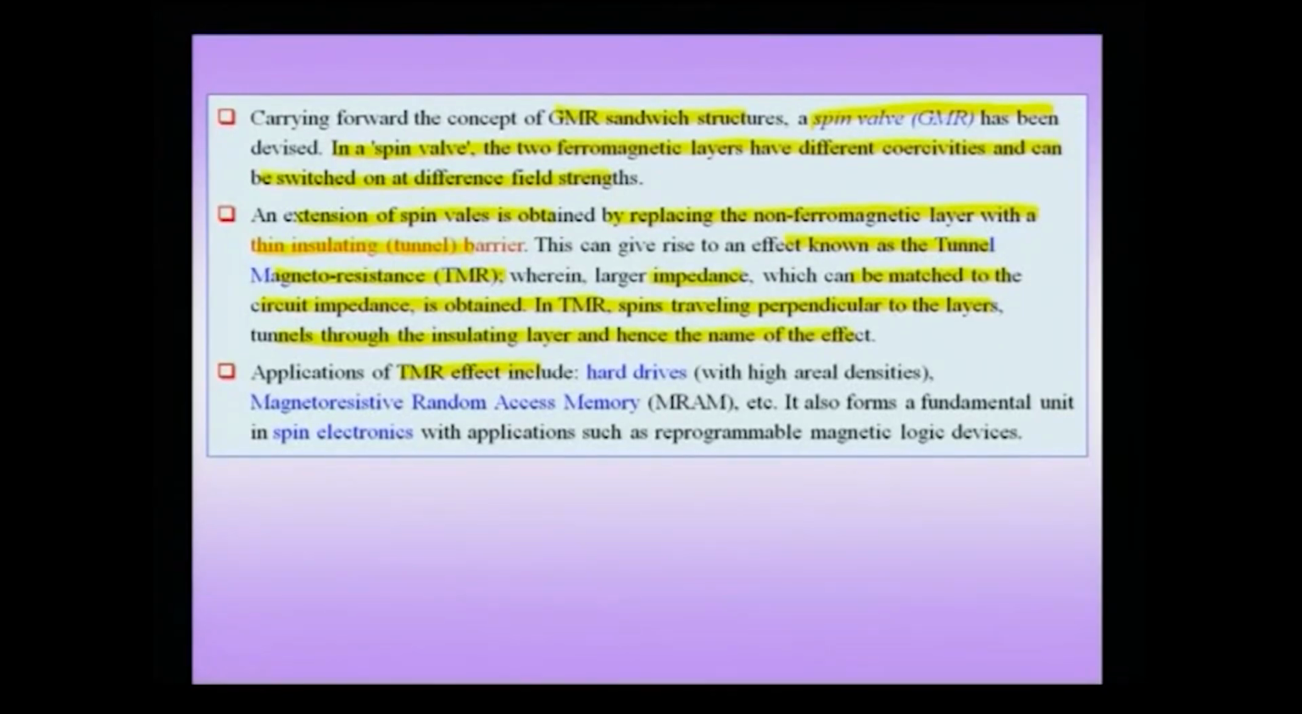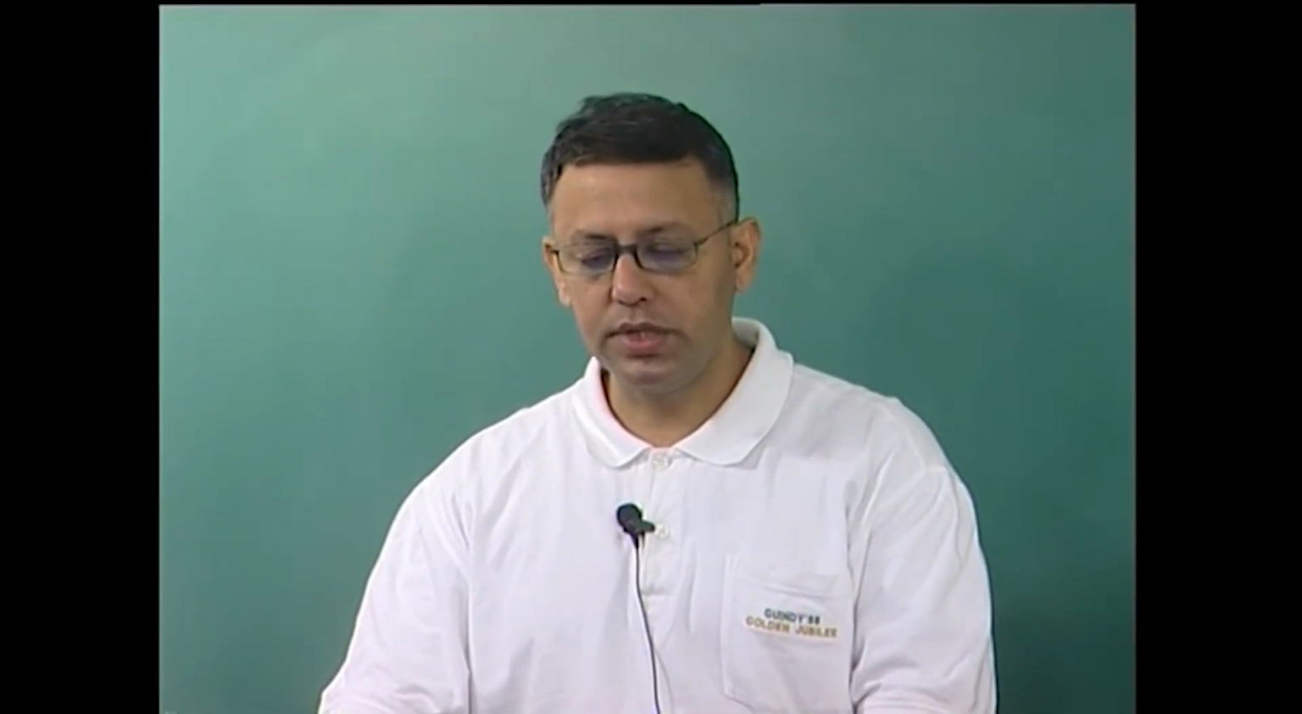The TMR effect and the GMR effect have found important applications, which include hard drives with increased areal densities, magnetoresistive random access memory, which is called MRAM, and other important applications. These also form a fundamental unit in spin electronics, as I pointed out, with applications such as reprogrammable magnetic logic devices. So, these are important areas of research, wherein a lot of intensive research is going on to build better and higher density storage devices, and devices which can be integrated with the current silicon technology. Therefore, we have seen two important effects, the GMR effect and the TMR effect, wherein magnetoresistance is the heart of